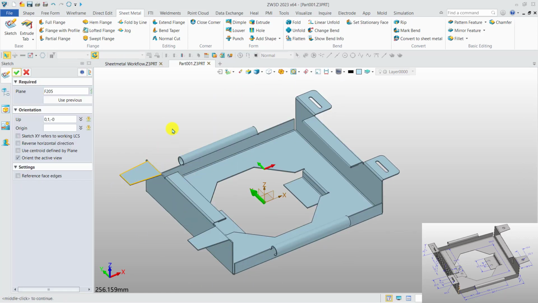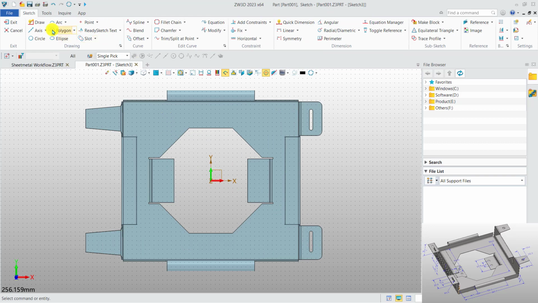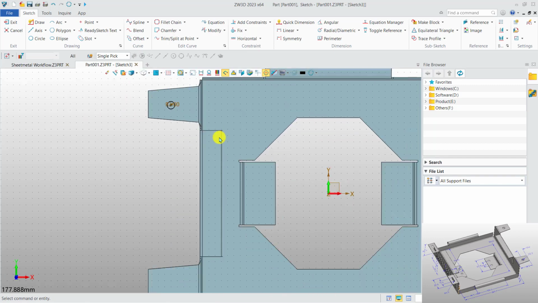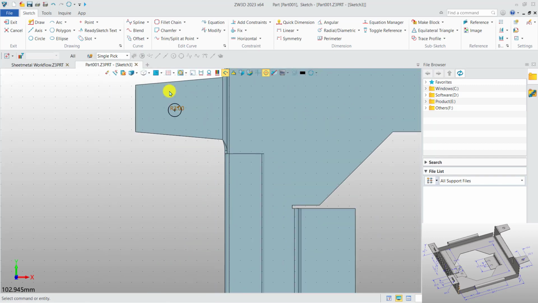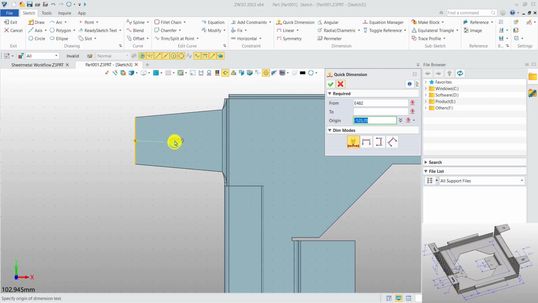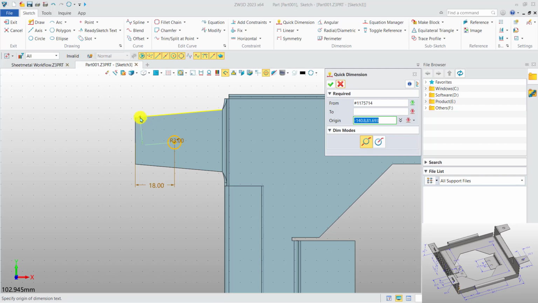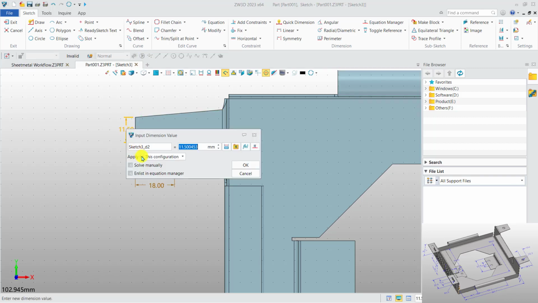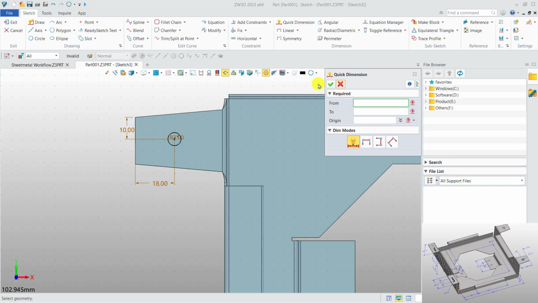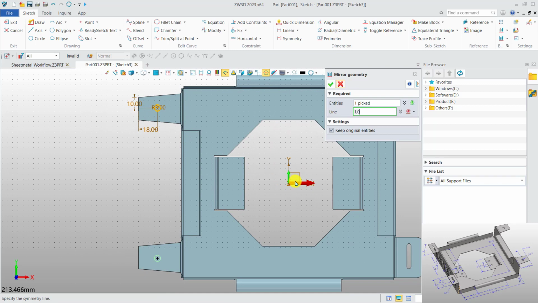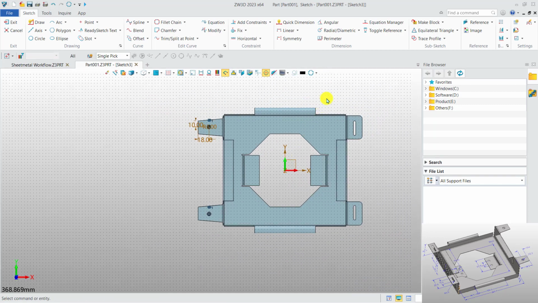Now we can continue. We can create the dimple feature. And again, we make a circle here. The radius, make it 4 or 3. And maybe we can define the dimensions to define the position of the dimple. Okay, 10. Okay, and we also mirror it to the other side. Okay, now we exit